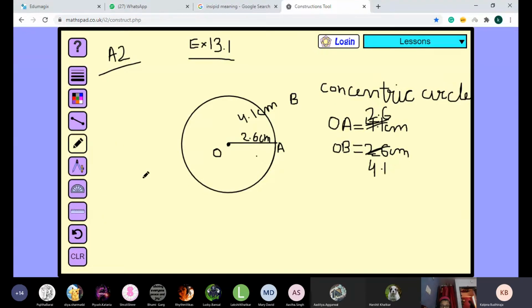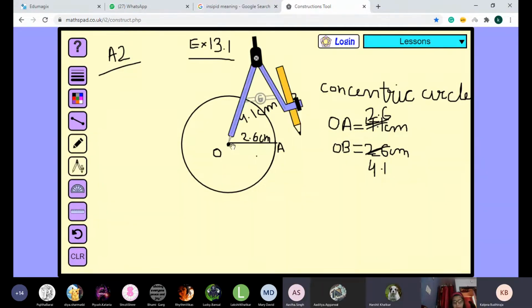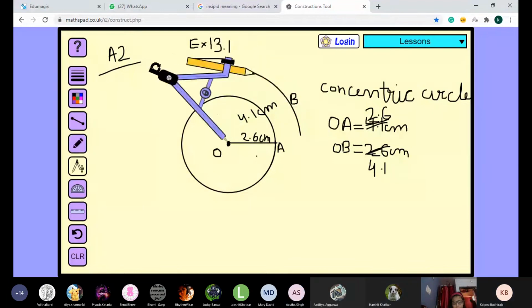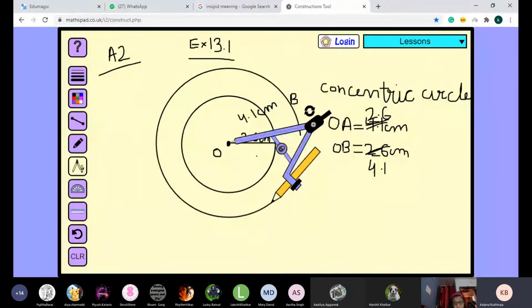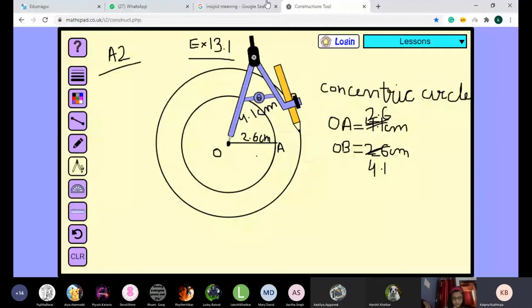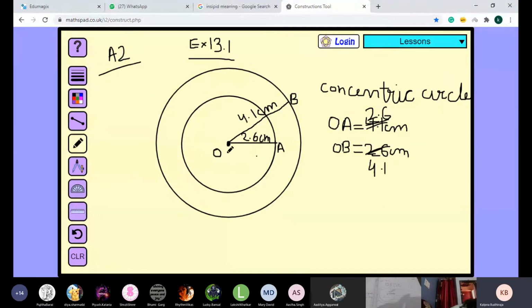Now is this clear to all of you? Shall I show the circle again, or have you drawn the circle? Ma'am, please repeat concentric circle. Ma'am, the second one you have drawn, how much is that? 4.1 radius. The second one is 4.1. See, if I am not using the scale, let me make it very clear, it doesn't mean that you will also do it. I am doing it so that I can quickly recap the points with you.